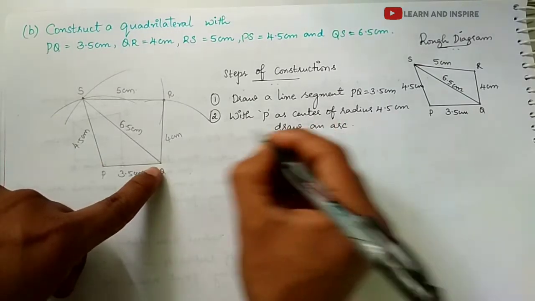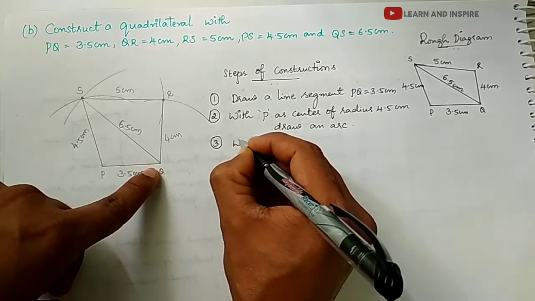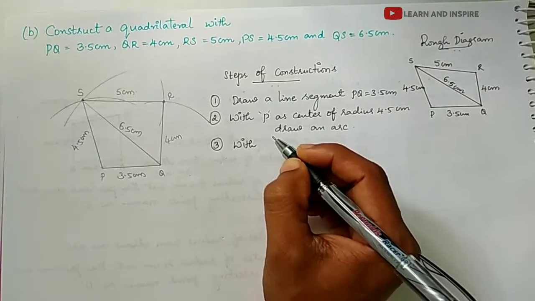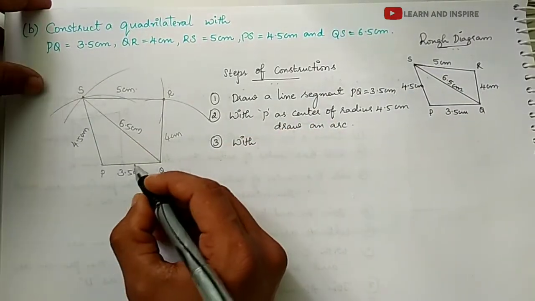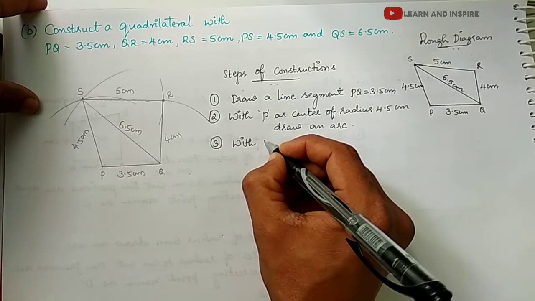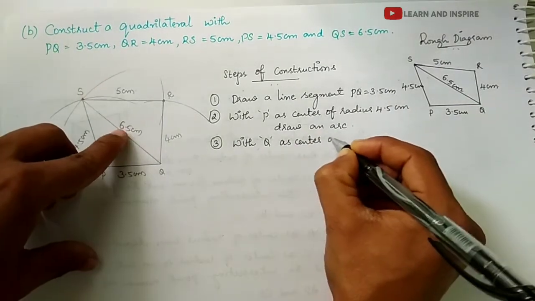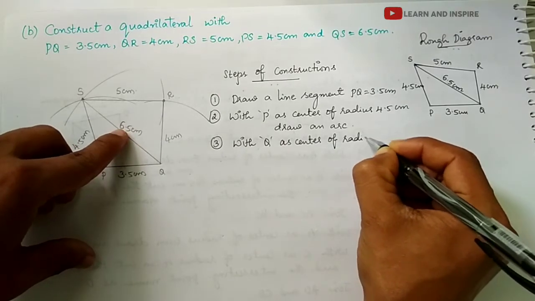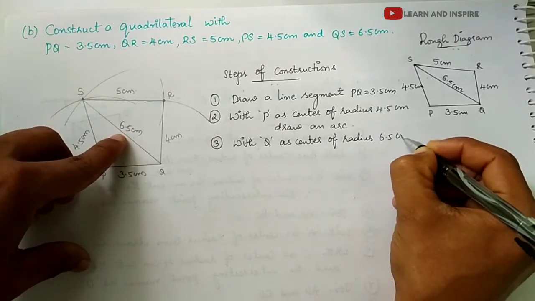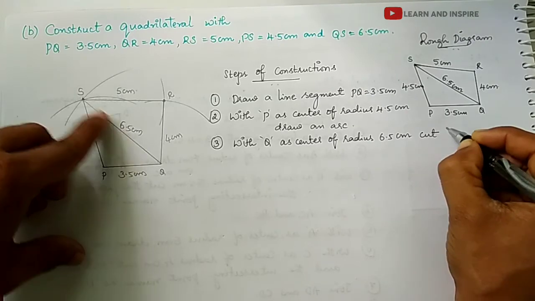Okay, now step 3, with Q as center of radius 6.5 centimeters, cut the previous arc